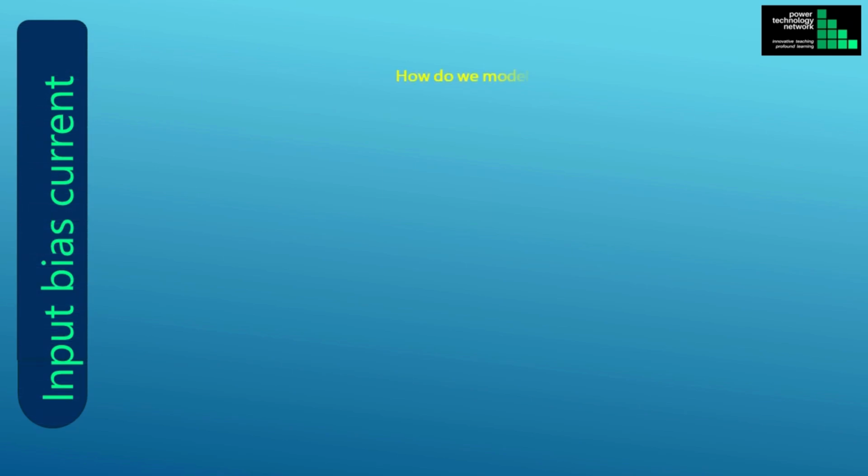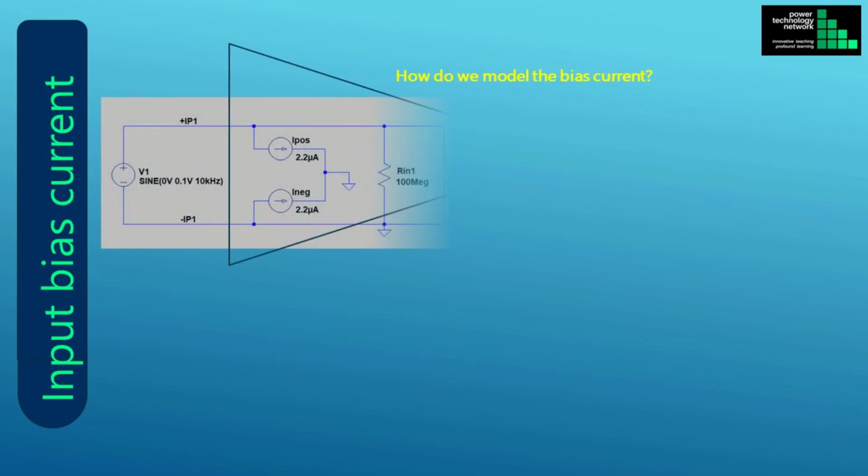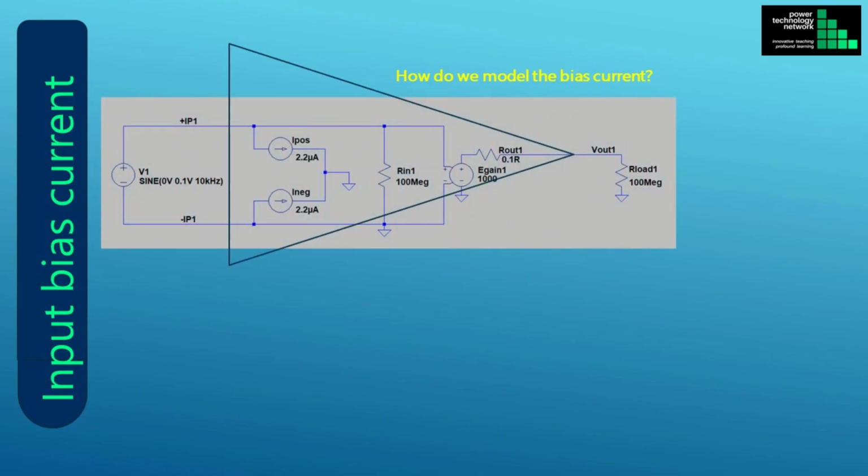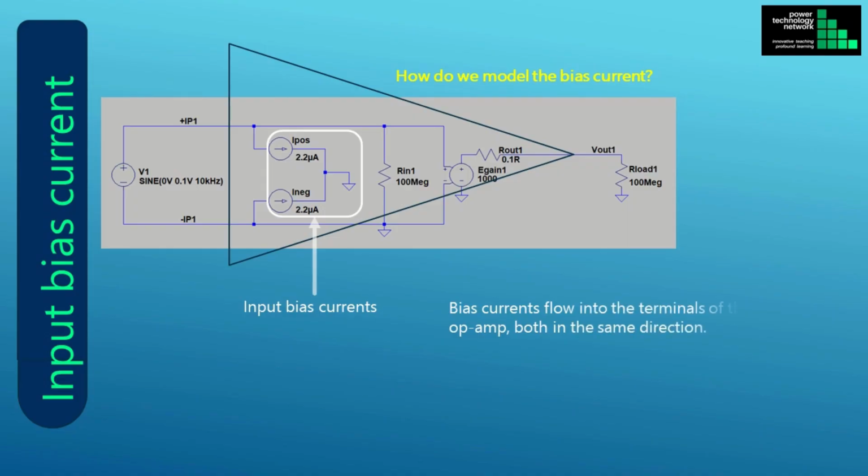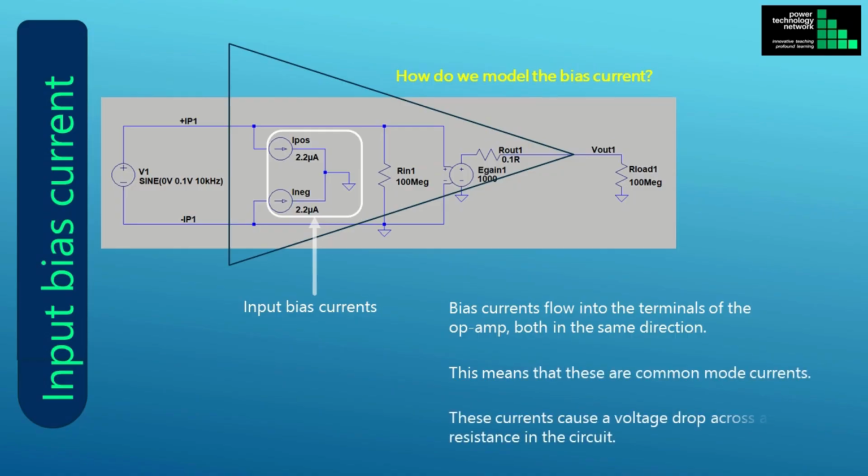How do we model the input bias current of an op amp? Let's refer back to our ideal op amp model. This LT Spice schematic shows where the input bias current sources are inserted. The bias currents flow into the terminals of the op amp, both of them in the same direction. This means that these are common mode currents. These currents cause a voltage drop across any